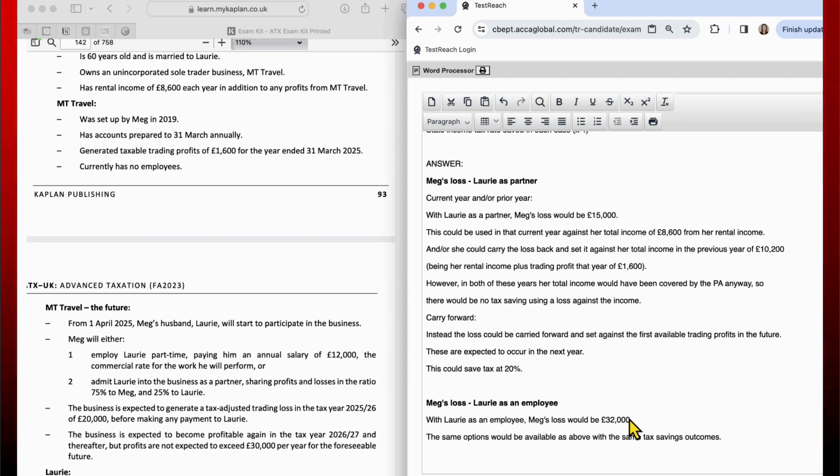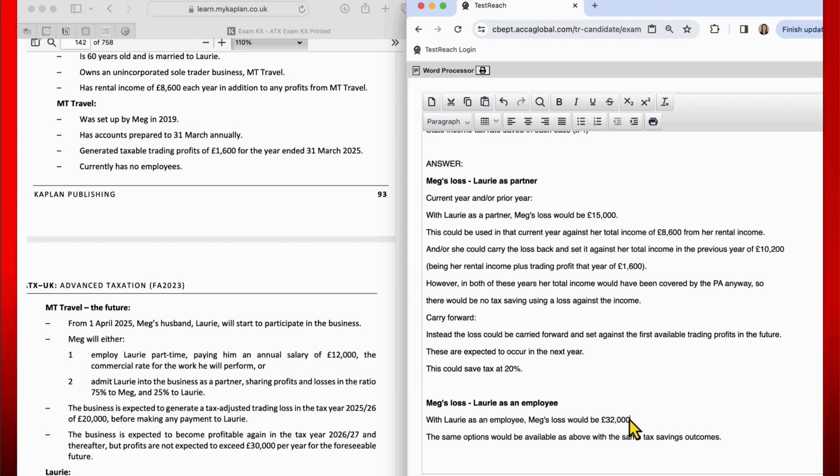This is an important point to remember in the exam: if you've made a mistake somewhere, but then you've used those figures correctly to apply to a situation like this or further on in a calculation, the marker will only penalise you once. They are not allowed to keep penalising you for using the wrong figure. So if you had worked out that Meg's allowable trading loss would have been 42,000,